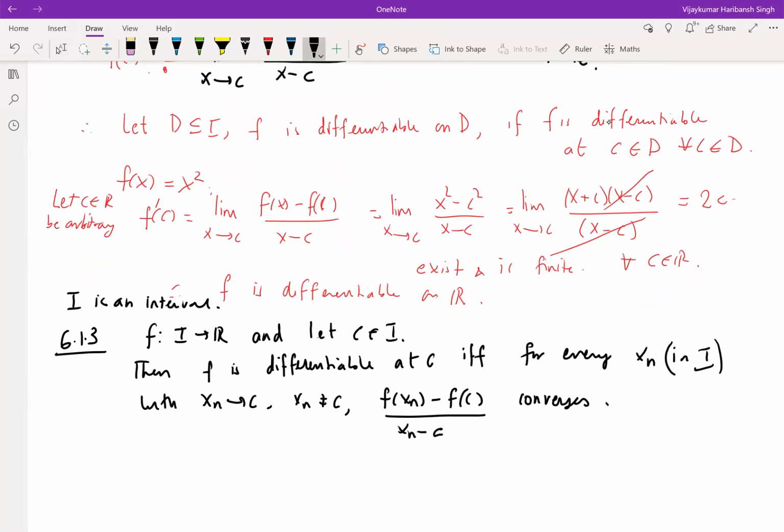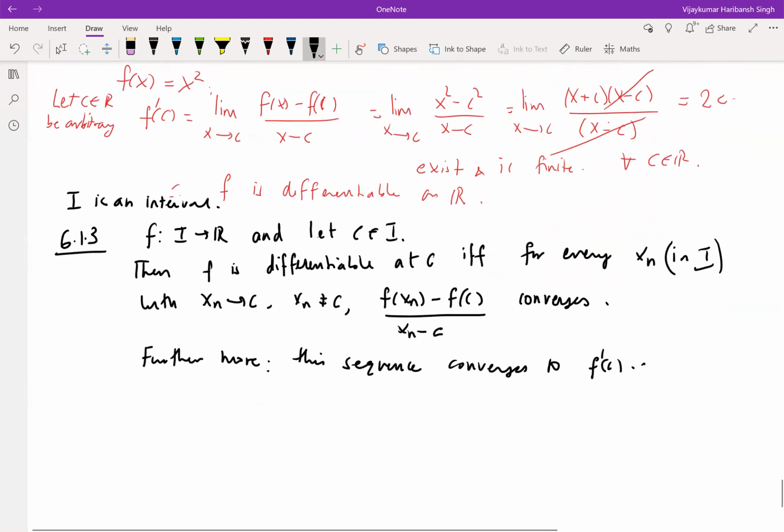Furthermore, this sequence converges to f prime C. Okay, so there are a lot of things in the background: the limit of this sequence converges, and therefore the limit is unique, and that limit is f prime C. Okay, so let's see how the sequential criteria can be useful. We'll use this to disprove